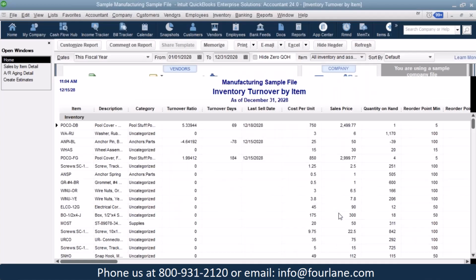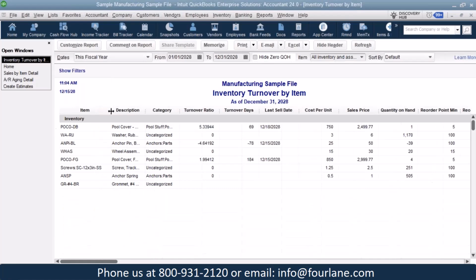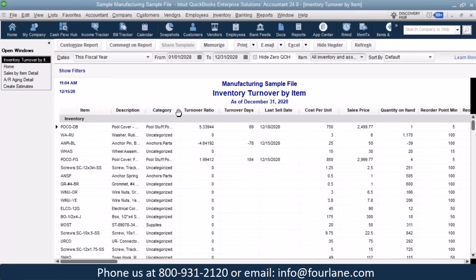So I'm just going to pop into this report in one of my sample files that thinks it's 2028. You guys, I'm sure, are used to these sample files. And I do have an Excel spreadsheet in the slide deck where I'll show you the math of what I'm talking about here. But basically what we have is an inventory part, they have the description,